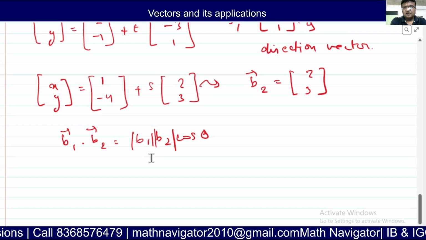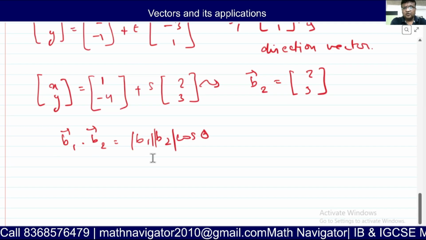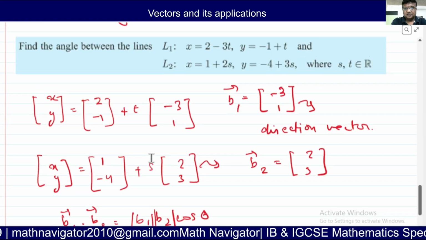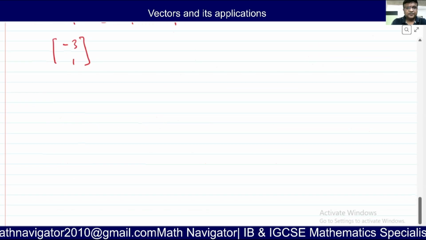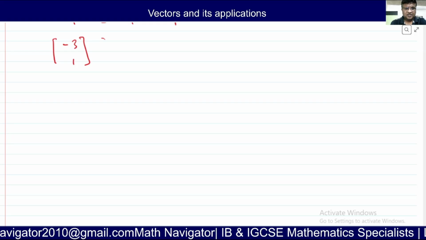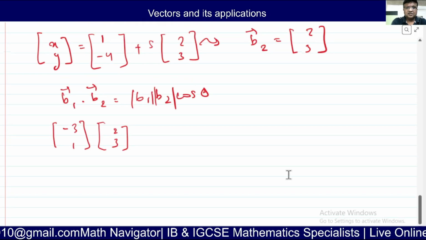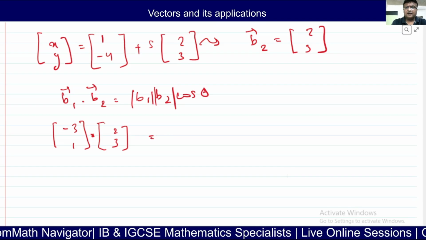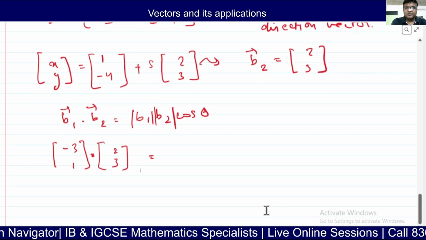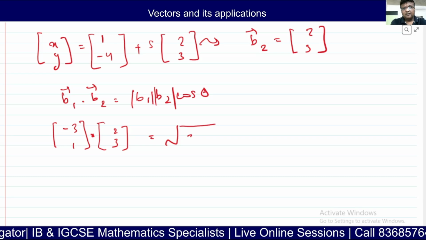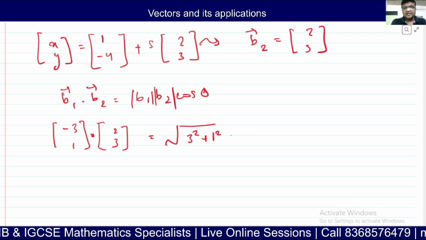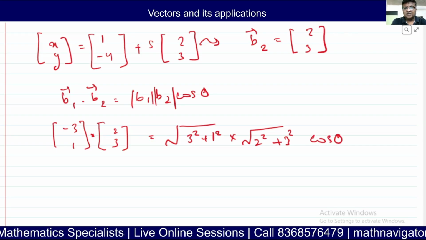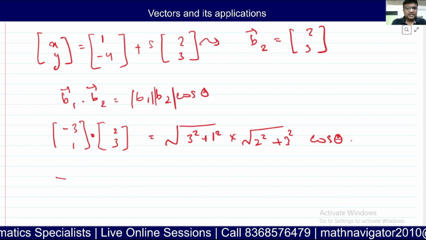So vector b1 will be (-3, 1). So I'll write (-3, 1) and then (2, 3). Right, the dot product is equal to what? The magnitude of vector b1 will be the square root of 3 squared plus 1 squared, times the square root of 2 squared plus 3 squared, times cos theta, which will give me -3 times 2 is -6